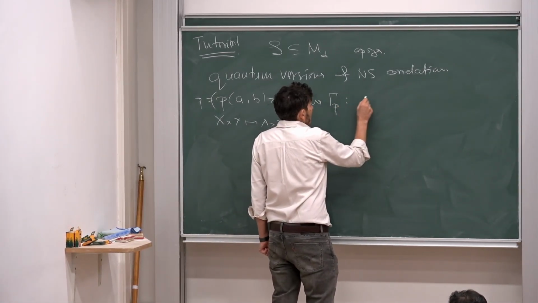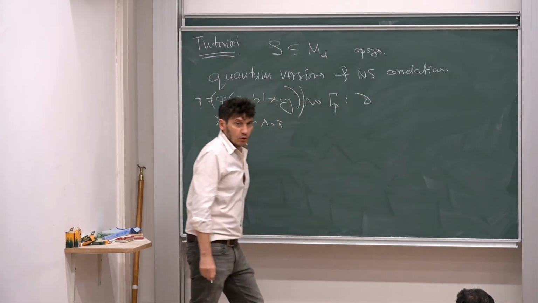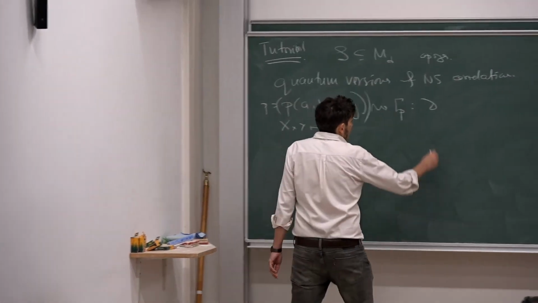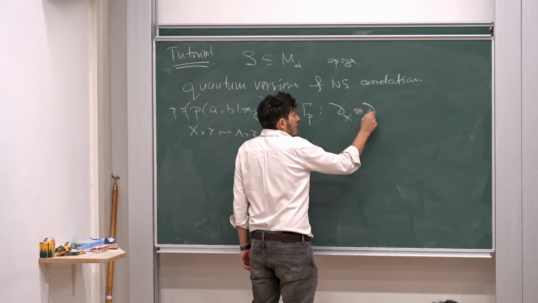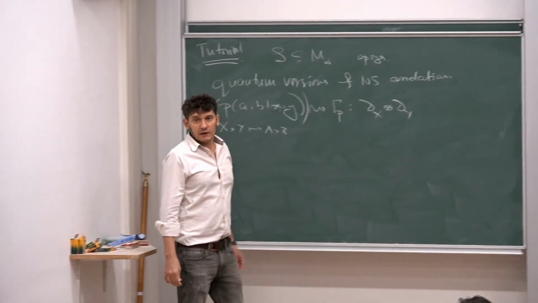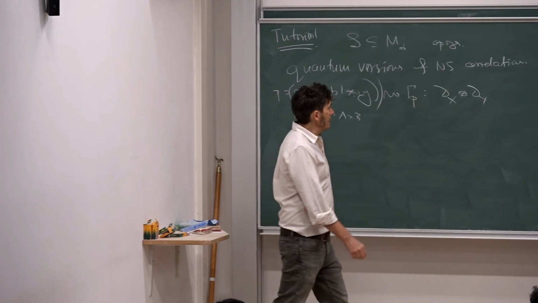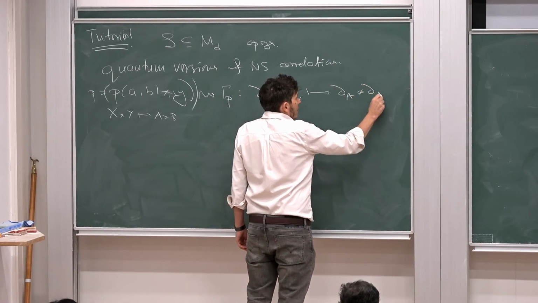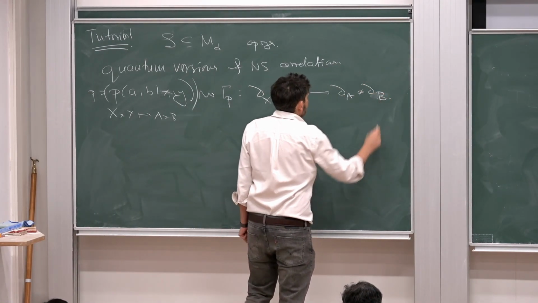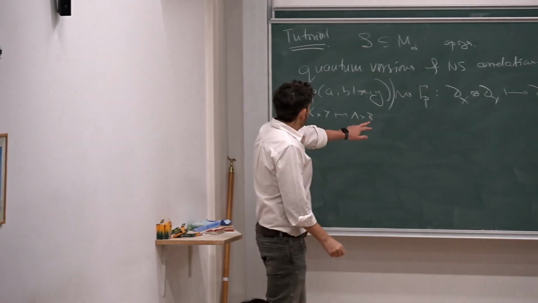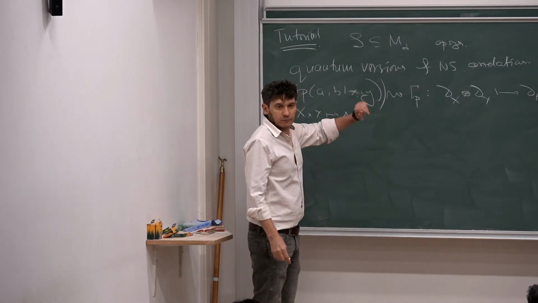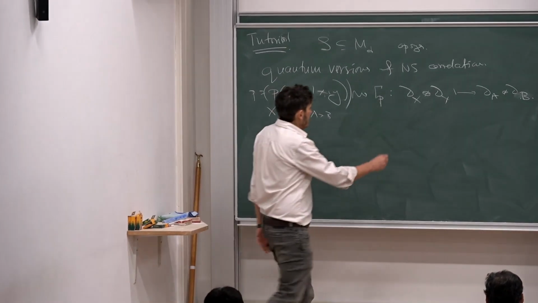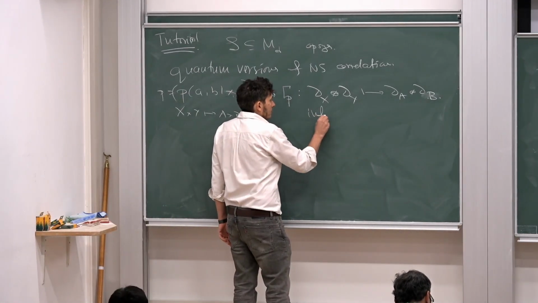This will be a map, trace preserving and positive, say completely positive, but it's the same here, from the tensor product of the inputs. Remember, these are the diagonal matrix algebras over x and over y to the tensor product of the corresponding outputs. Now, these are just the coefficients, right? When you analyze it with respect to a basis here, right? So that's a classical information channel.